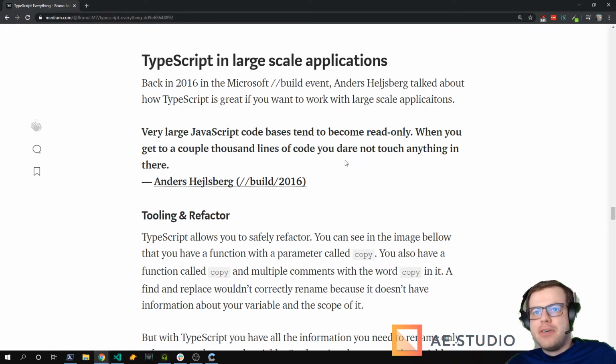He is always talking about how the only way to handle large JavaScript code bases is through optimized tests. Because you said that, I'm going to say something. There is an argument that some people make. I don't know why, but they say that TypeScript is bad because you don't do unit tests.